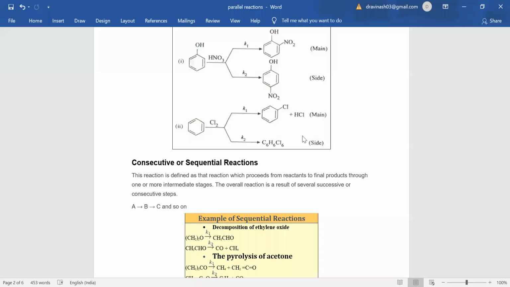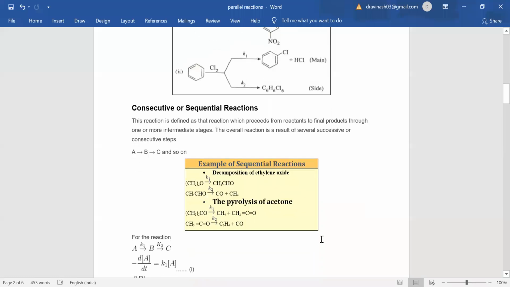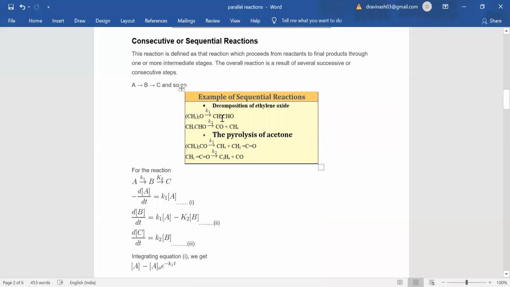The example of this consecutive or successive reaction is this one, right? So decomposition of ethylene oxide. This is the one reactant molecule which will be decomposed into the formation of the aldehyde, right? This acetaldehyde will be formed. This is K1. Then acetaldehyde is converted into the products carbon monoxide and methane gas. Okay, so this is the second reaction, but this aldehyde is the formation of an intermediate. So these two reactions are considered as a sequential reaction, right? Second example, that is a parallel